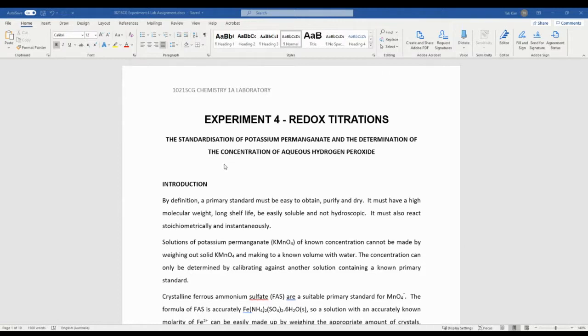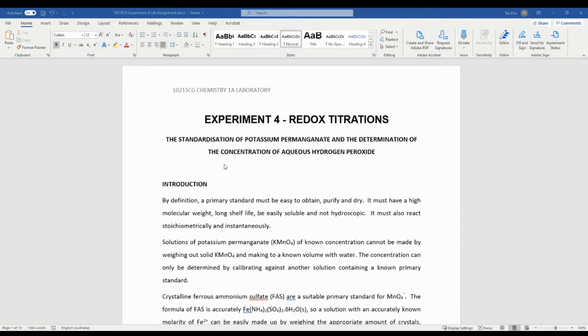Underneath the name, you should be able to see the molar concentration, which is given approximately. So the task for this experiment is to find out the exact molarity of those 2 unknown solutions,